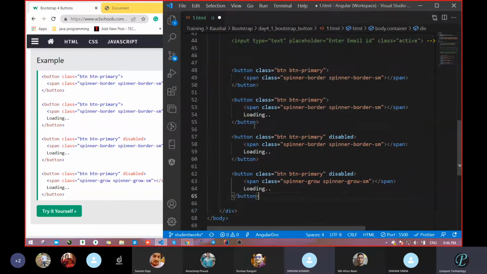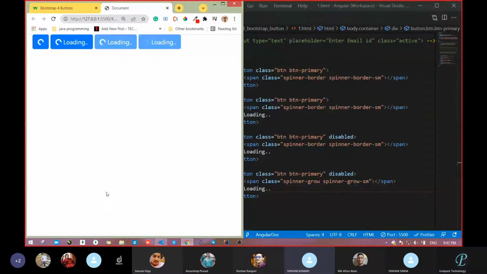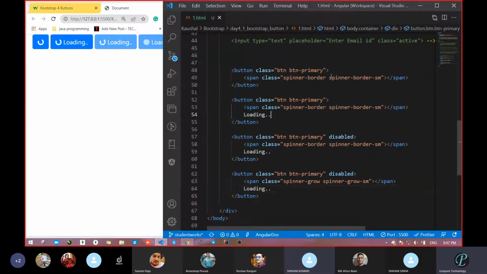So see, now we have written loading here. Loading means the data is coming from the server. Save. How attractive this looks. What are you thinking about this loading and the spinner coming there? Is this a GIF or something? It's not anything. It is just a class name. So what is the class name? First, on the top we had taken the button, meaning the class is btn and whatever we want, btn-primary, btn-success, that thing.